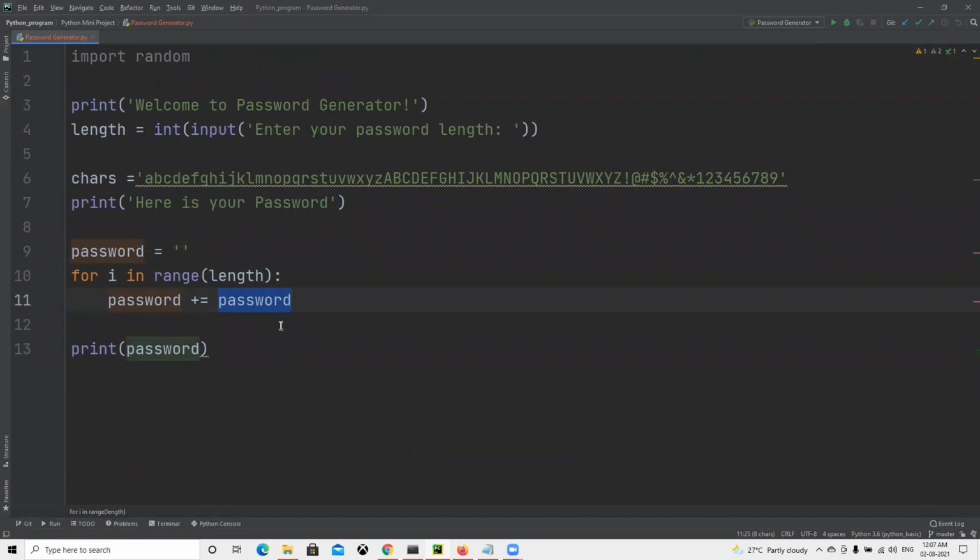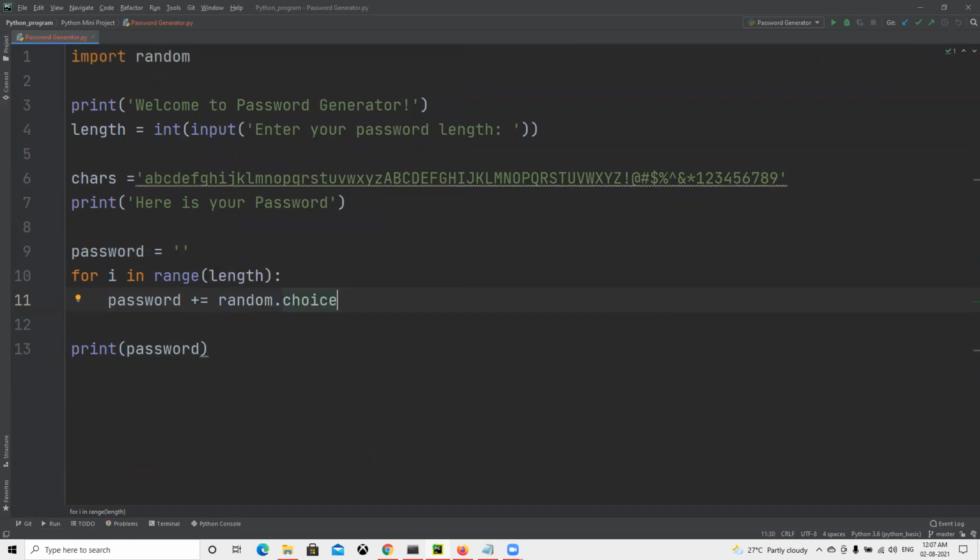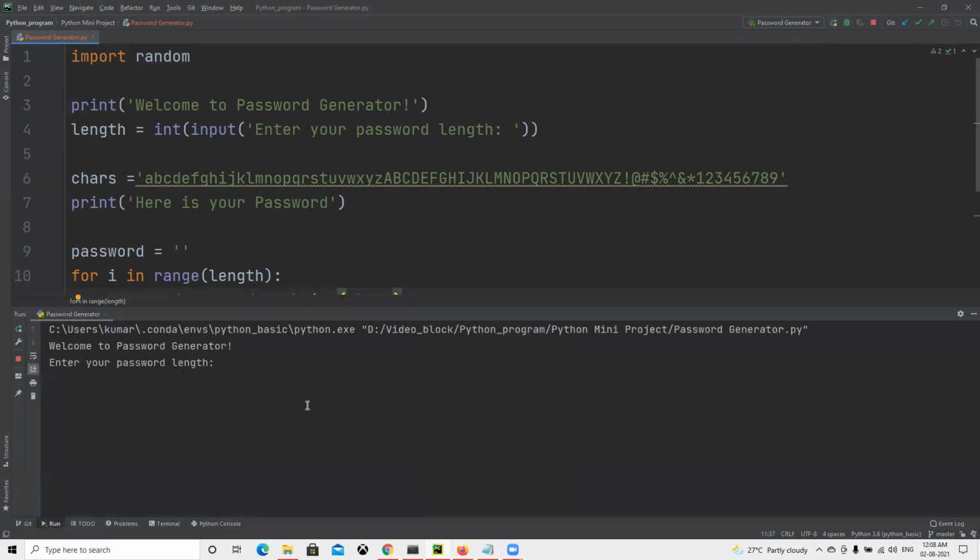So now password equals, what do we need to assign? That random, whatever we use. So random choice of what? Random choice of whatever variable we have passed. So we pass cat here. It will do any random choice in this. That's why we imported the library called random, and then choice will pick any one of them. So now I will go ahead and run it. Okay, so I enter 3. Now I got 3, I and J.